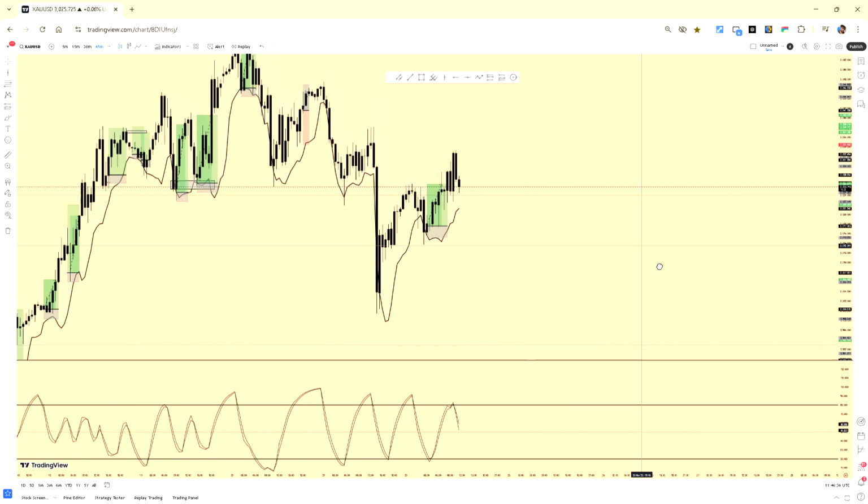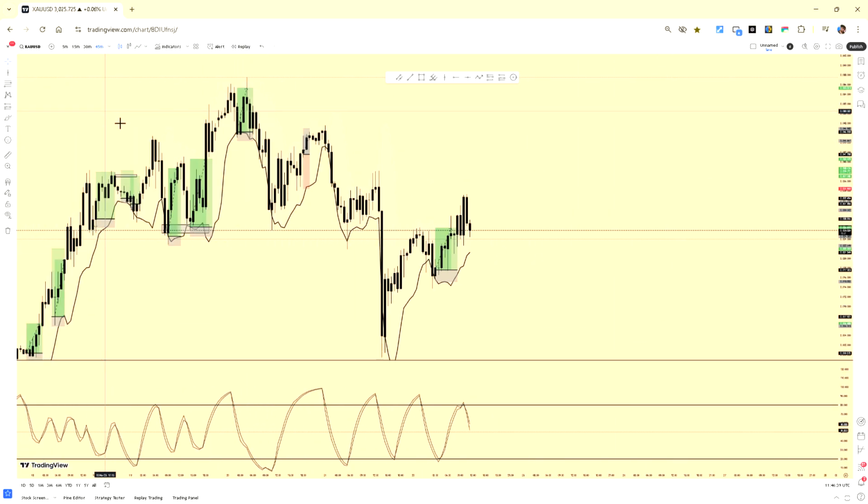Whenever the market makes a lower high, we look for a sell, and another lower high, we look for a sell, and the same vice versa. Whenever the market makes a higher high and a higher low, and again we look for another higher low, we take a buy. So basically we just focus on how we can actually grab only the impulsive moves